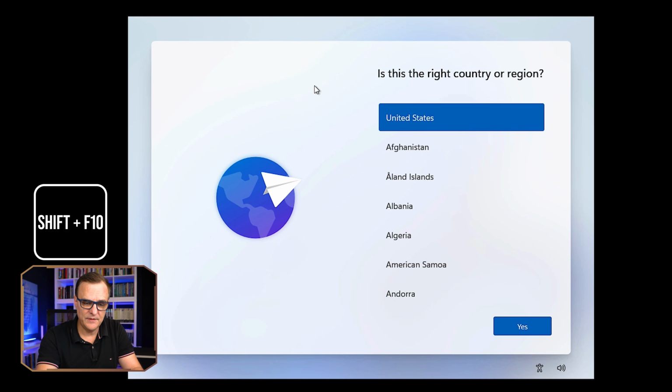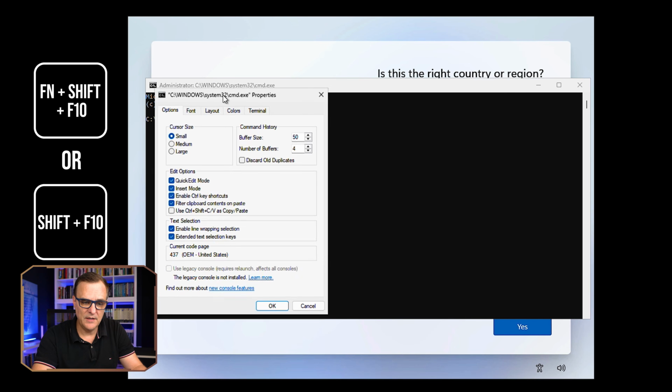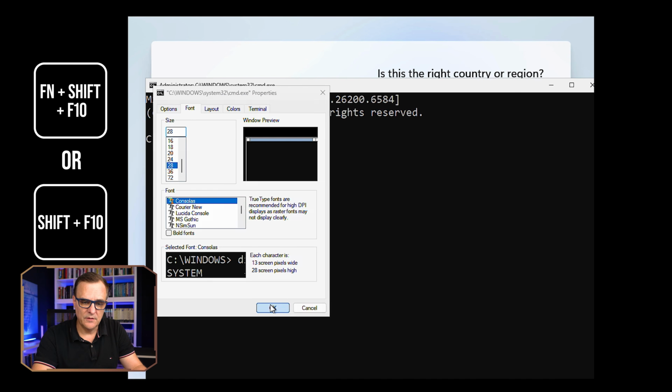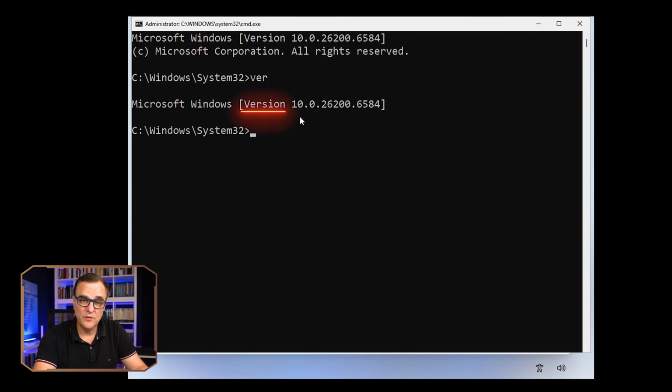Press Shift F10. You may have to use FN Shift F10 depending on your laptop. So some laptops will require you to use FN. And what I'm going to do now is disable the network card. The version of Windows that I'm running is Windows 11 25H2 and this release. And the first thing I'm going to type is